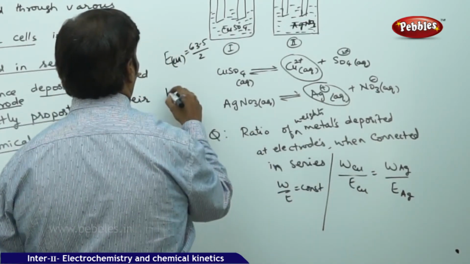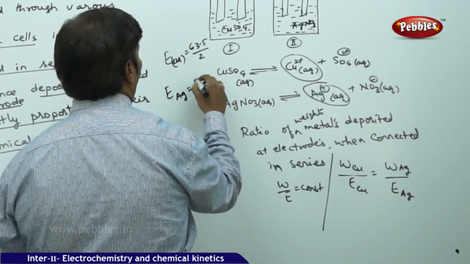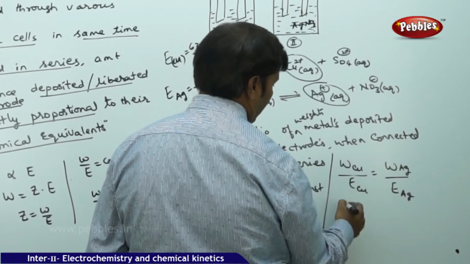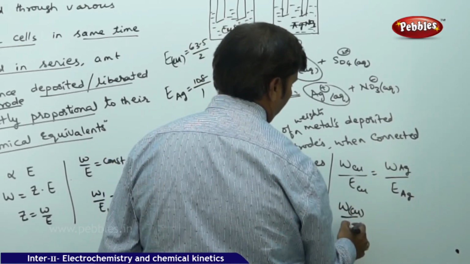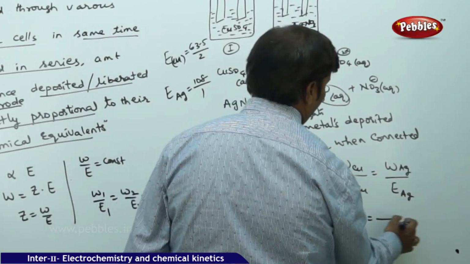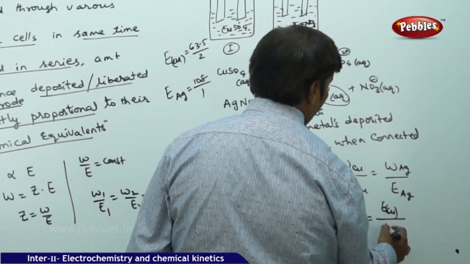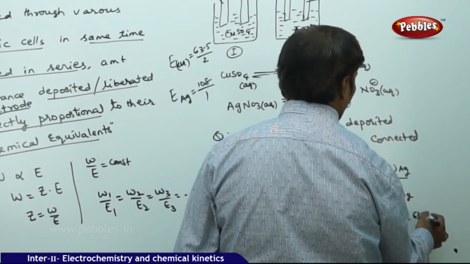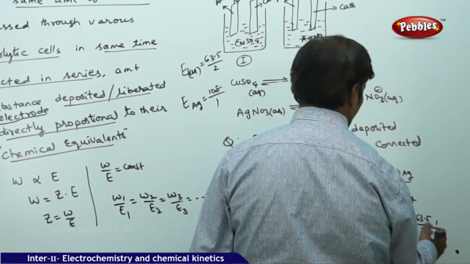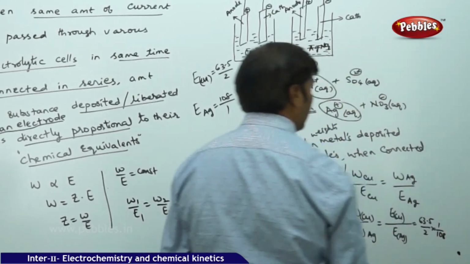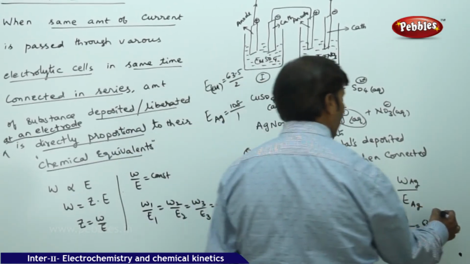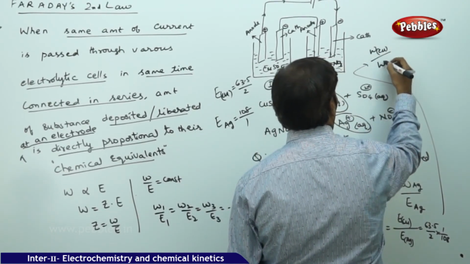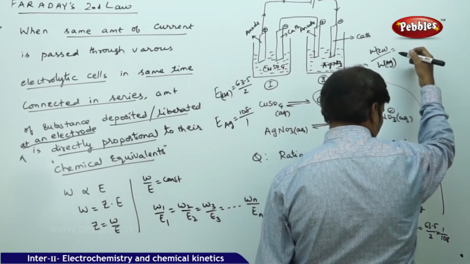And for silver, the atomic weight of silver is 108 and the valency of silver is 1. Substituting these two values in the expression, weight of copper divided by weight of silver is equal to the equivalent weight of copper divided by the equivalent weight of silver, which is 63.5 divided by 2, into 1 by 108, the equivalent weight of silver. Upon simplification,